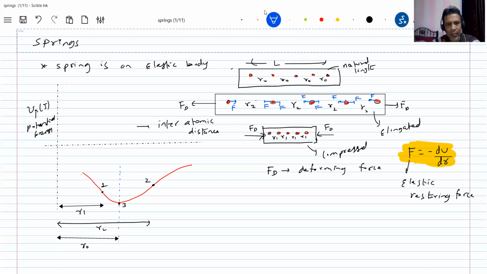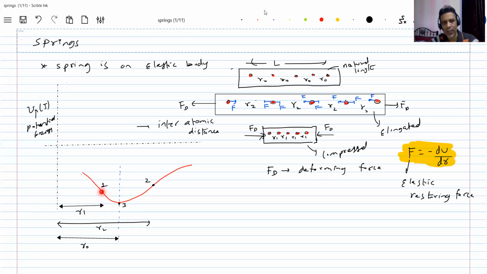Now similarly, let's come for that one. Instead of stretching the body, I will decrease the length. To decrease the length also, I have to do work because I'll apply a deforming force. I'm going to press it, or you take some sponge and squeeze it, so its volume decreases. Here we are discussing a rod. Therefore, the length of the rod decreases and the distance between atoms decreases. To decrease the length of the object, you have to do work. So the work done by me will be converted into an increase in elastic potential. So now this will be the distance between the atoms.